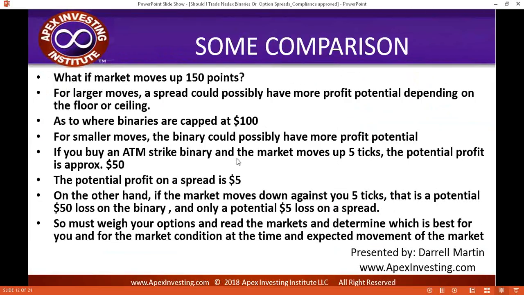If I buy an at-the-money binary and the market moves up 5 ticks, my profit potential would be about 50 bucks. But if I bought a spread that went up 5 ticks, my profit on the spread is only 5 bucks. On the other hand, if the market moves down against you 5 ticks, well, then that's a $50 loss on the binary, but only a $5 potential loss on a spread. So you got to weigh your options and read the markets. You got to determine what's best for you, what's best for that particular market condition that day, and what strategy